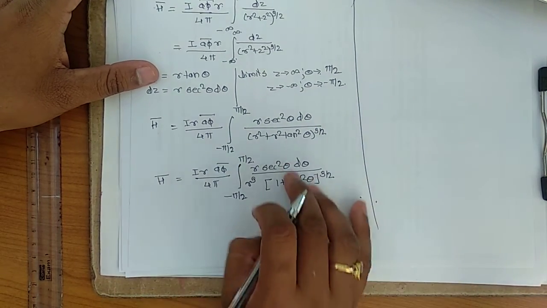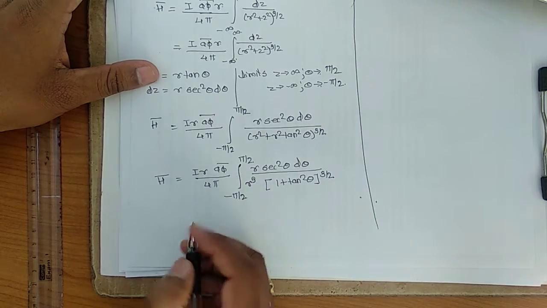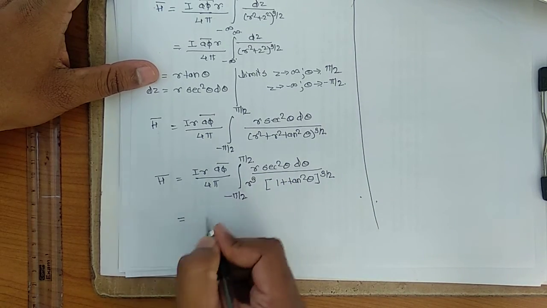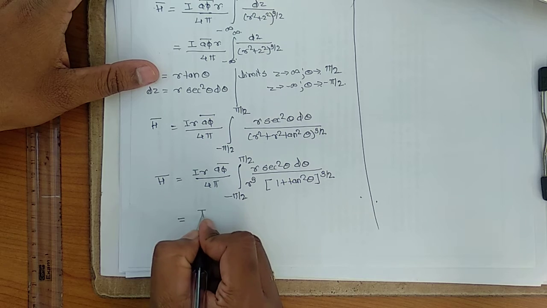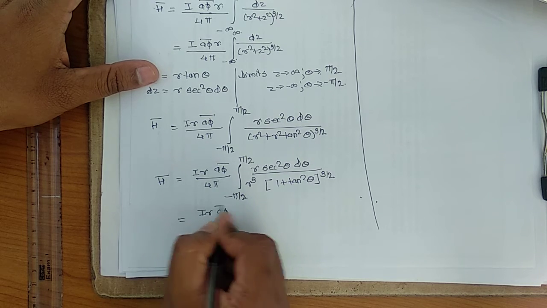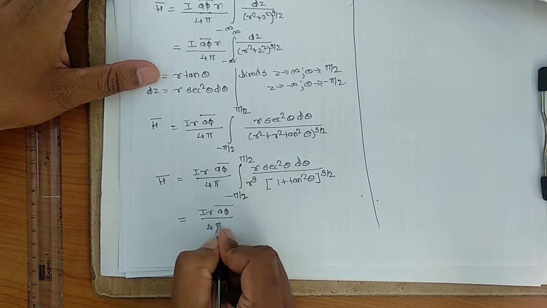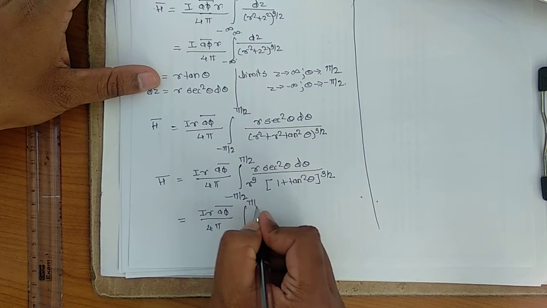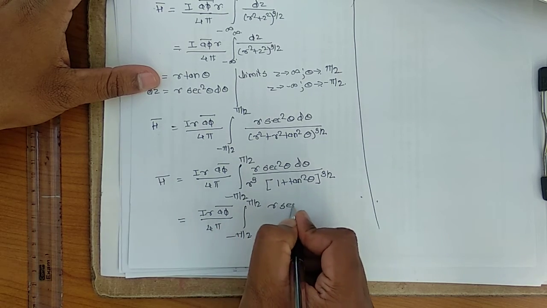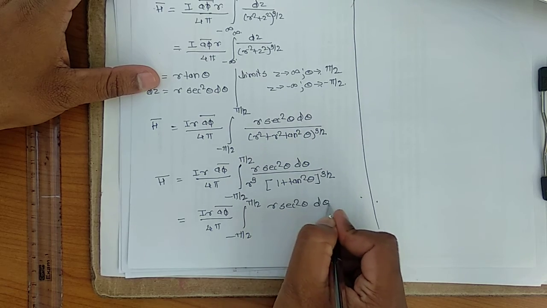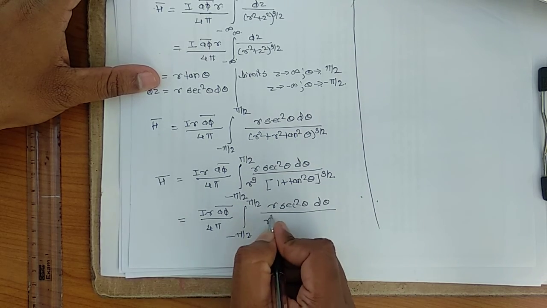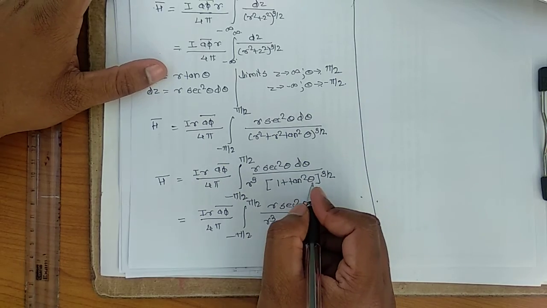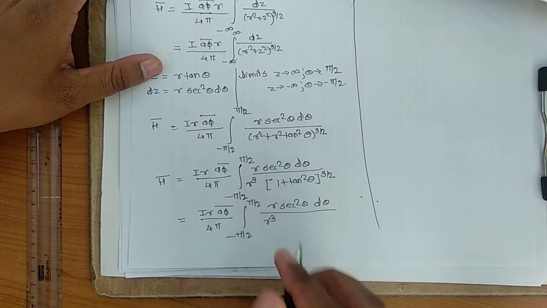I can solve this in one step, but for your understanding I am writing it again and again. r Aφ̄ over 4π, from minus π/2 to plus π/2, r sec² θ dθ, this r³, 1 plus tan² θ, it is sec